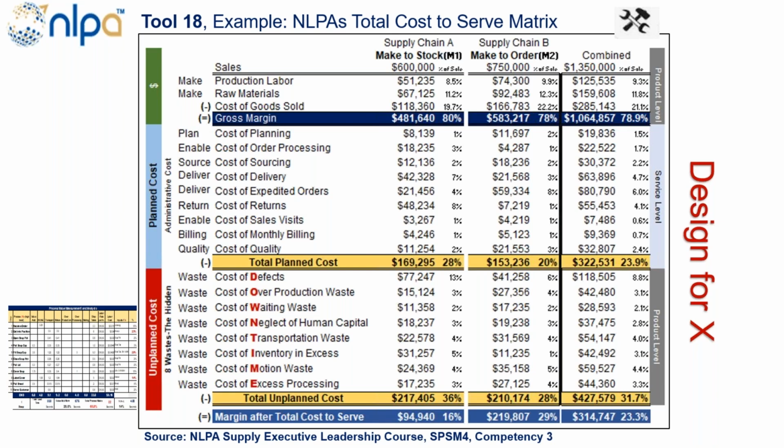So here we see we have supply chain type A, and then we have supply chain type B. Supply chain type A is a make to stock methodology, and supply chain type B is a make to order. And again, many organizations have a mixture. Some of them may just have one supply chain type, and a lot of organizations would have a mixture of supply chain types. So again, in supply chain type A, we have revenues of